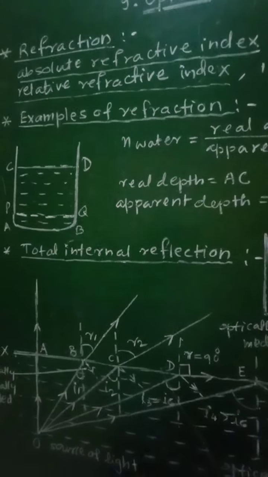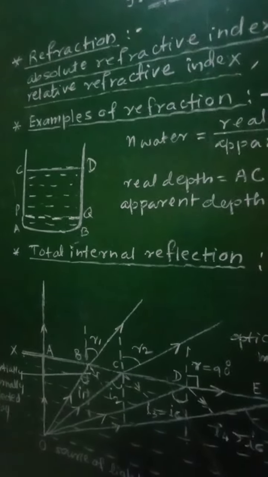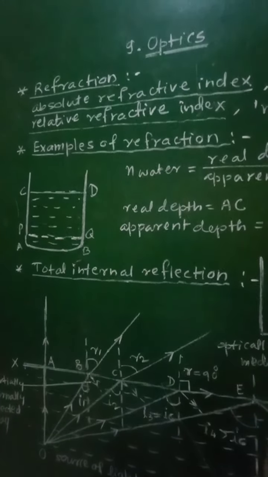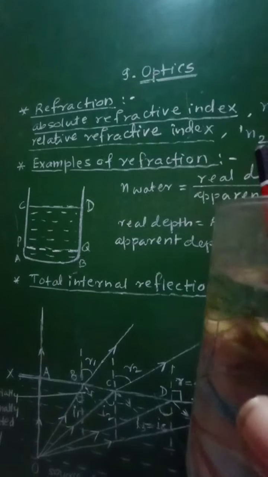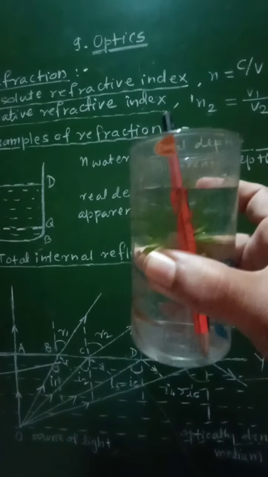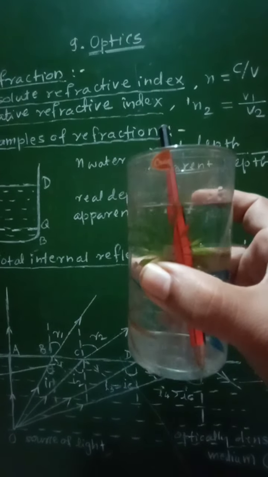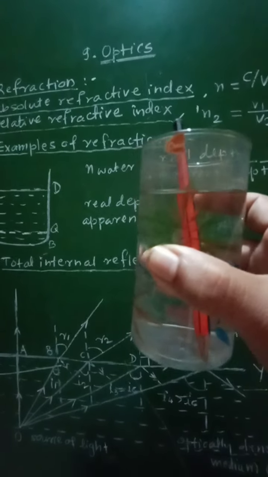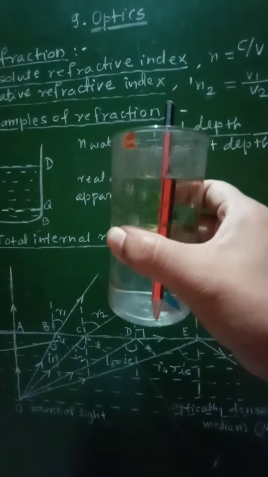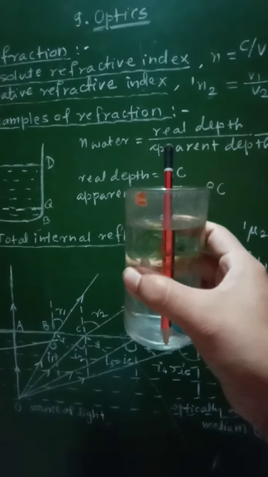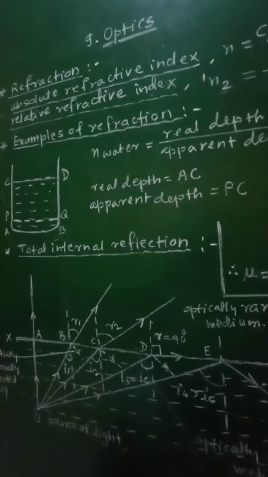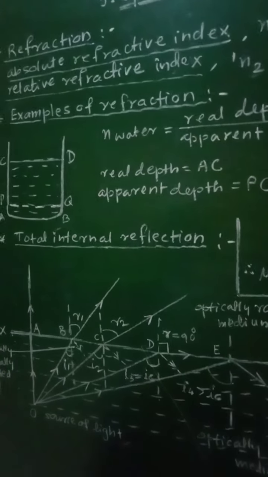So if you consider the example, if the water contained in any vessel is observed from outside, here there is a glass containing water. In this case, the water level is up to this point. Then if this is viewed from upwards, it will be observed that the bottom of this glass will be raised to some height, and this happens due to the refraction which takes place at the surface of water.